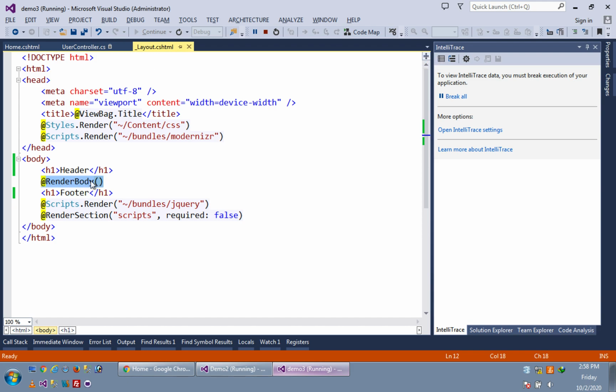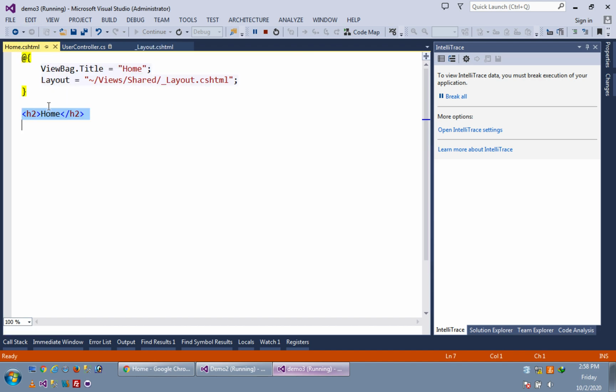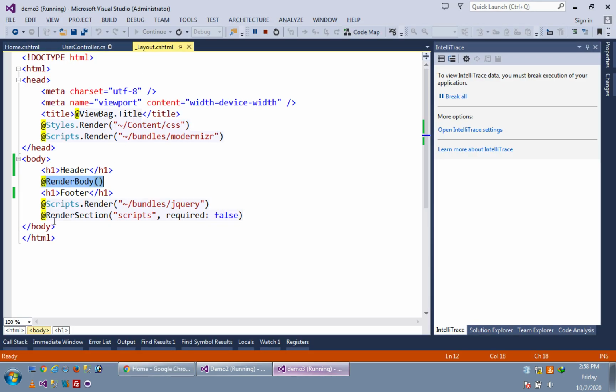Okay, so what this render body will do for home.cshtml is render the entire body of home.cshtml after the header and before the footer. So this home appeared after the header. And what is the last line? This is the footer. It comes from here. Okay, h1 footer. If I put this render body